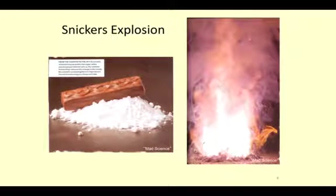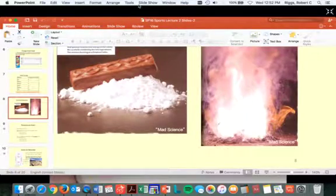So here's the Snickers, the mad science when you mix it with potassium perchlorate, an oxidizer that makes the fat disappear really, really fast. Here, I'll show you some gummy bear films. So out here,